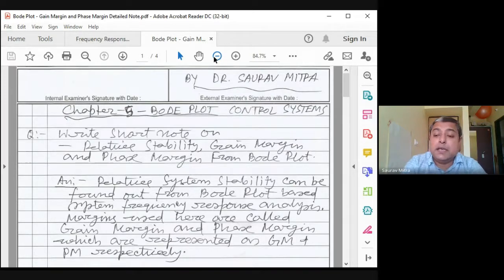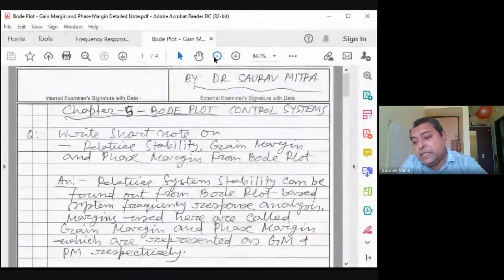In that case, the ratio, that is V output by V input, is equal to 50 by 5, which is 10. So if the ratio gain is 10, you will find that it is called 20 dB, because log of 10 is equal to 1, and 20 log of V output by V input, that means 20 log of 10, that means 20 into 1, that is equal to 20 dB.